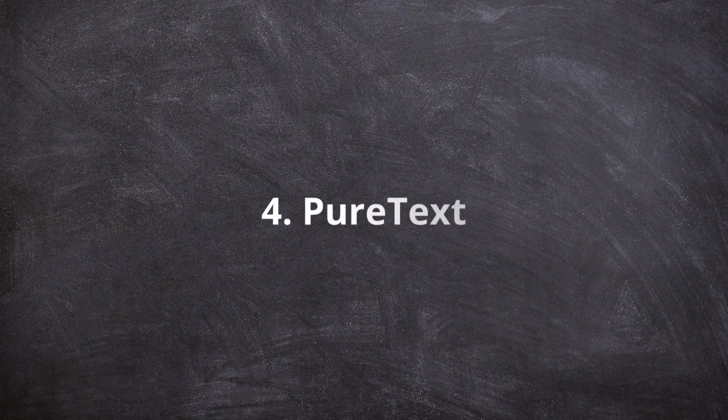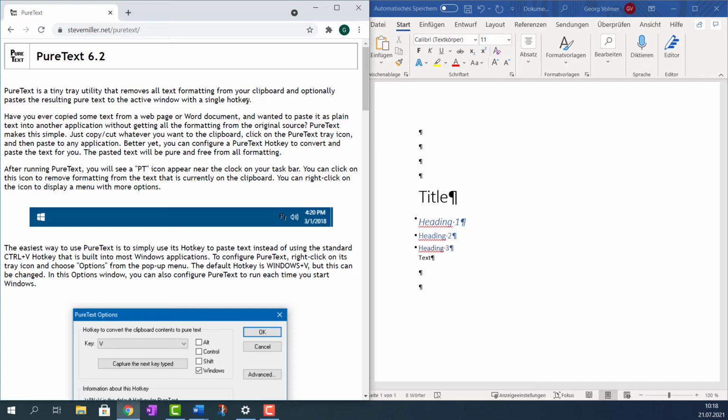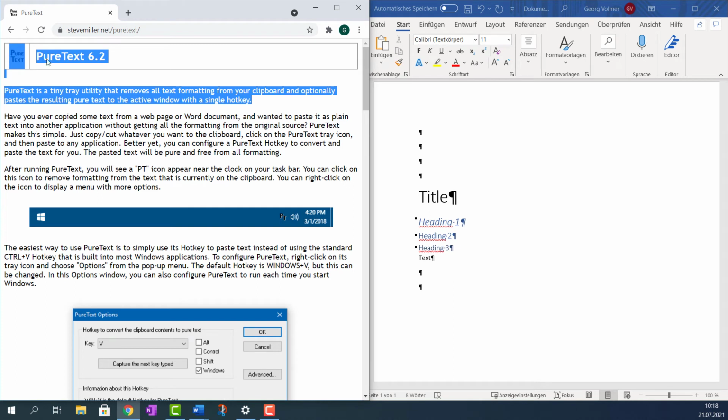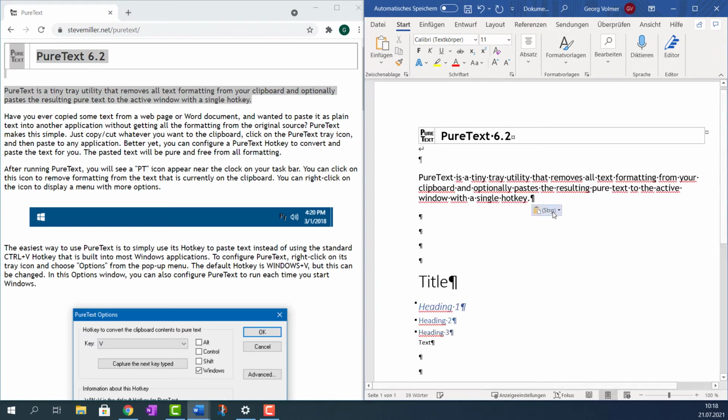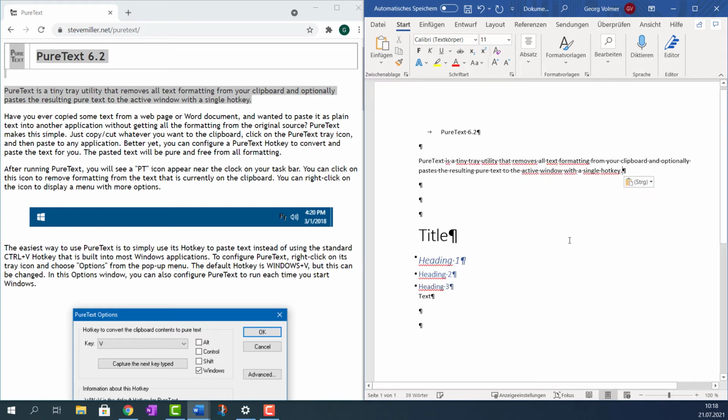The next tool I want to recommend is also useful if you're copying text. PureText is a tool that removes all text formatting from the text you have copied. This comes in handy when you're pasting text to a tool like Articulate Rise or Adobe Captivate, where a paste text only option isn't available at all, or at least not as easy to access as in Word or Storyline. PureText lets you use a shortcut to paste text without formatting.